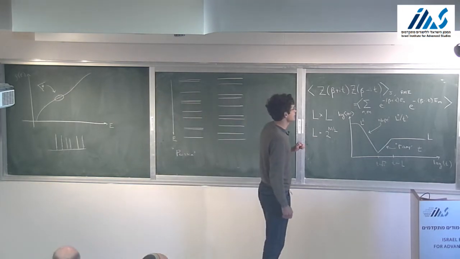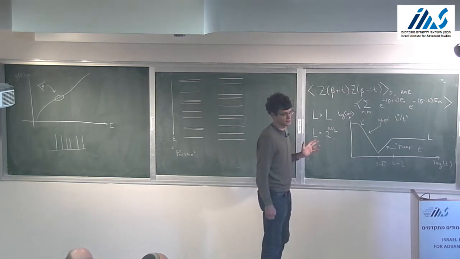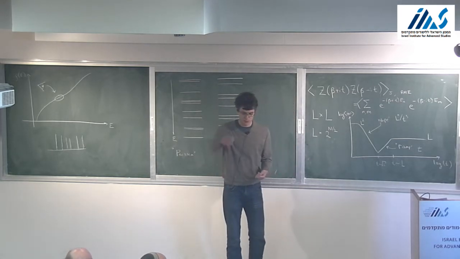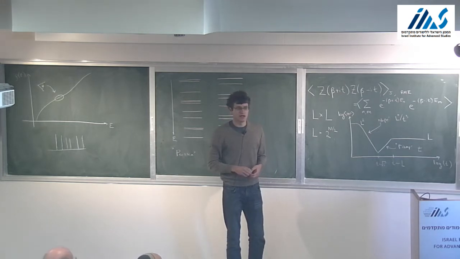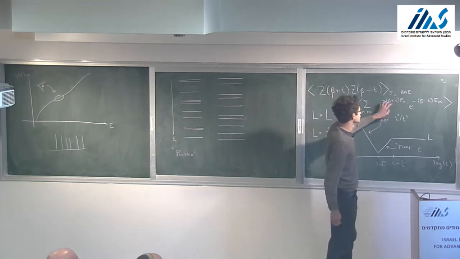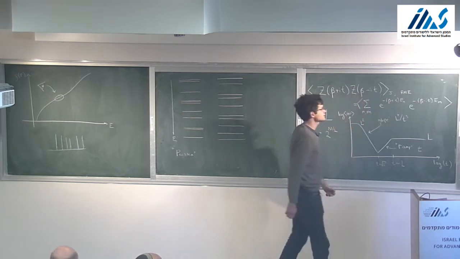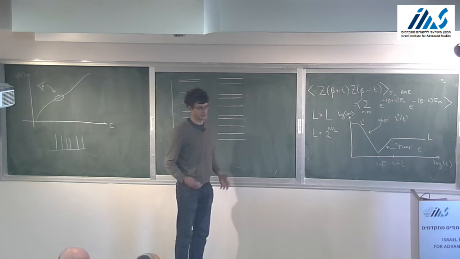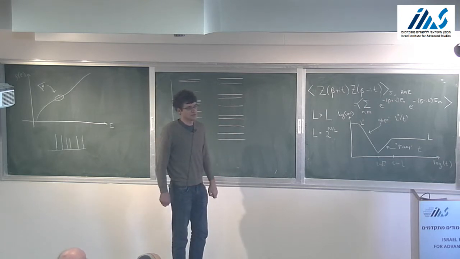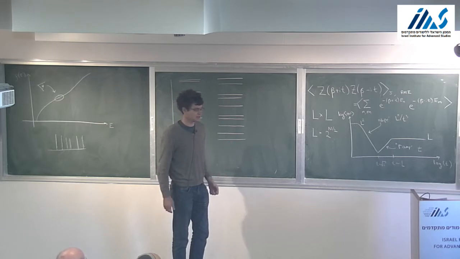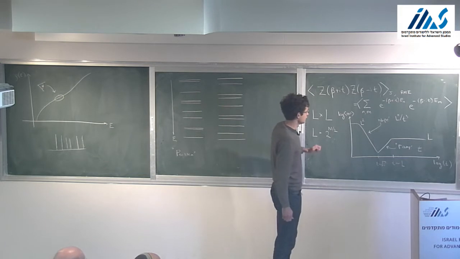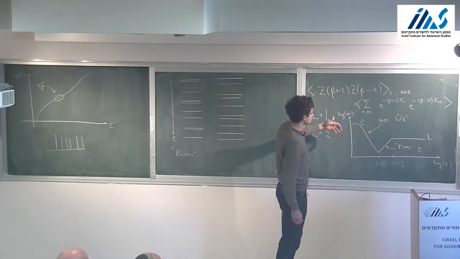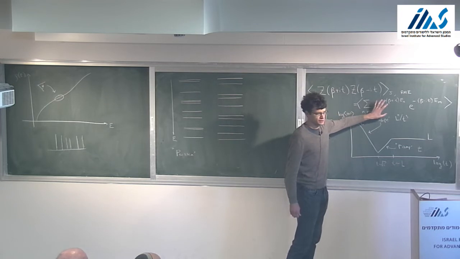If we think about a two-point function in the thermal ensemble between an operator at time 0 and an operator at time t, then that has an expression as a double sum over the energy eigenvalues with phase factors that are similar to these. For a particular arrangement of a two-point function, we have a beta over 2 here and a beta over 2 there. It also has some matrix elements squared of the operator between the energy eigenstates. Now, if you believe that the matrix elements squared don't vary in a very interesting way as a function of the energy, then you might think that this would be a reasonable approximation to the two-point function.